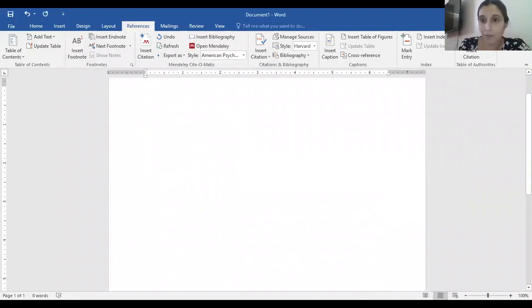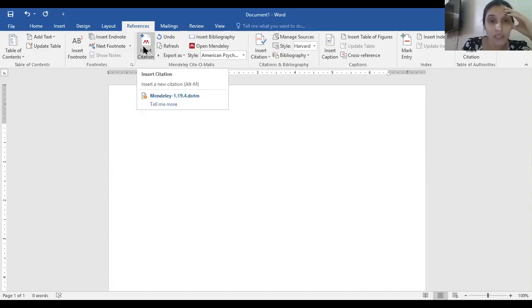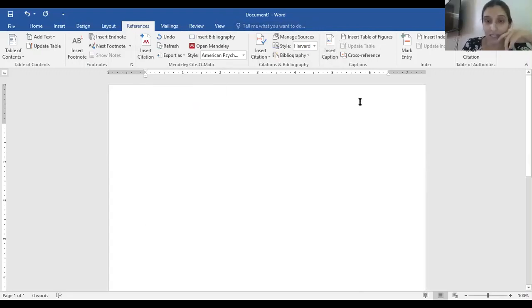Okay, now in the Word document, if you have downloaded the citation wizard, citation plugin, when you go to references, you should be able to see insert citation. Are all of you able to see it? First, tell me yes or no. Then I go to chat. All of you should be able to see this in your plugin.